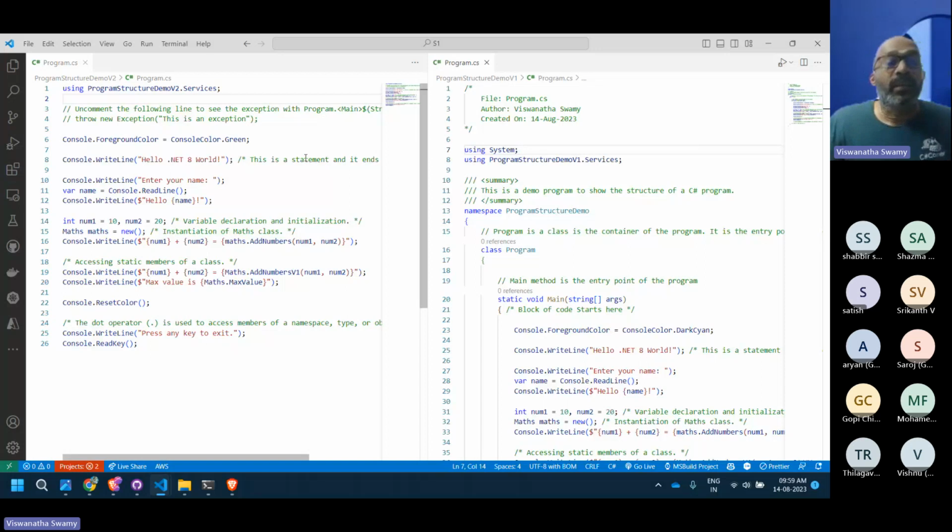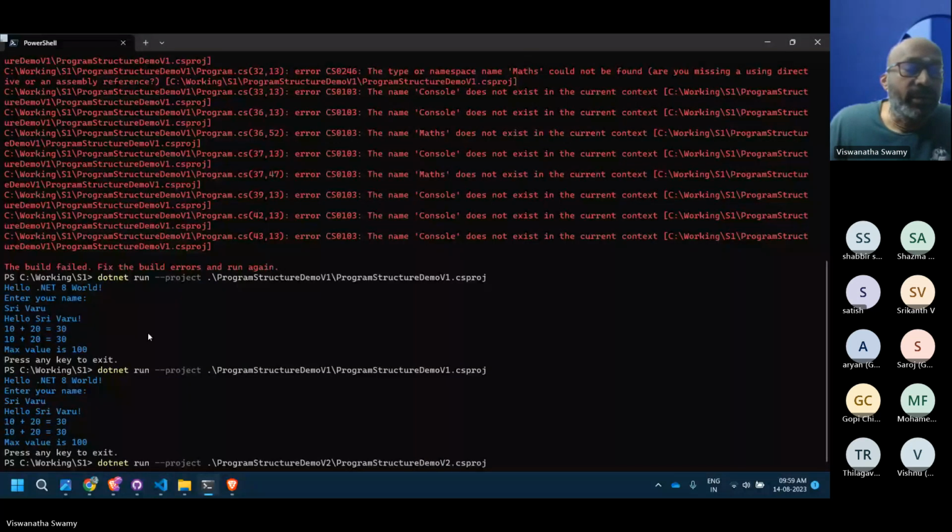We were told that each program should have program.cs as a main entry point, which should have a main method, which it doesn't have. But still, if I go and execute this, it is executing.